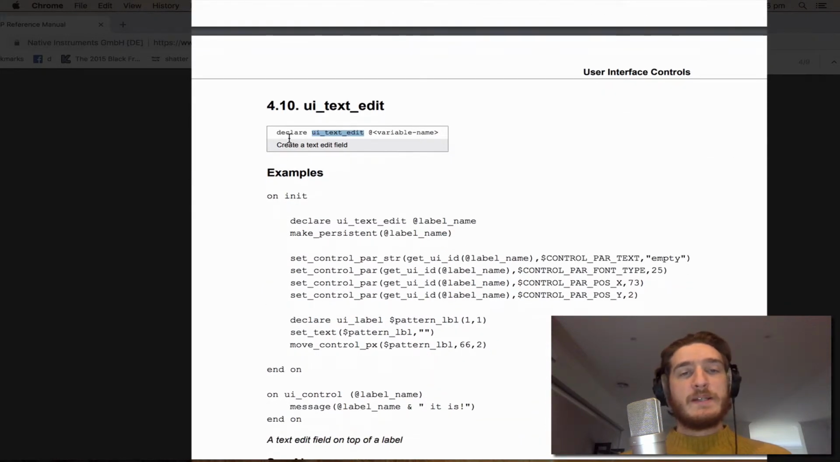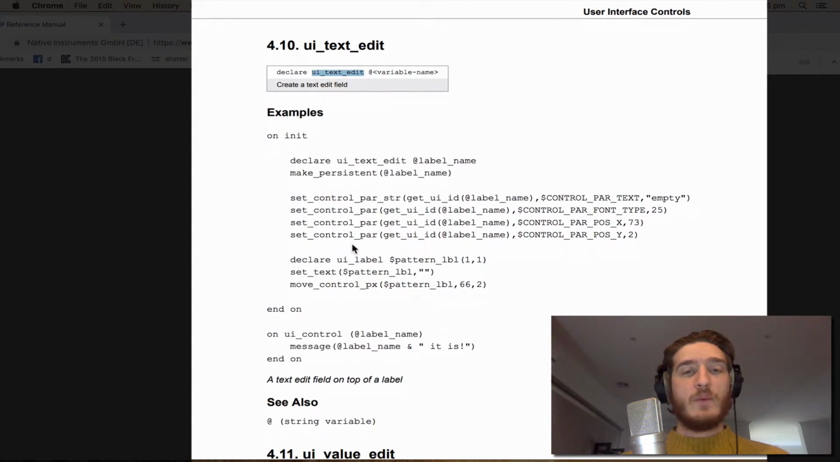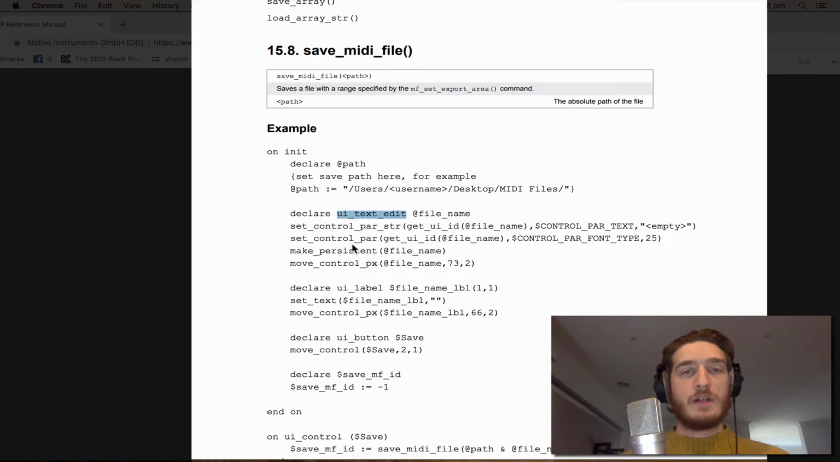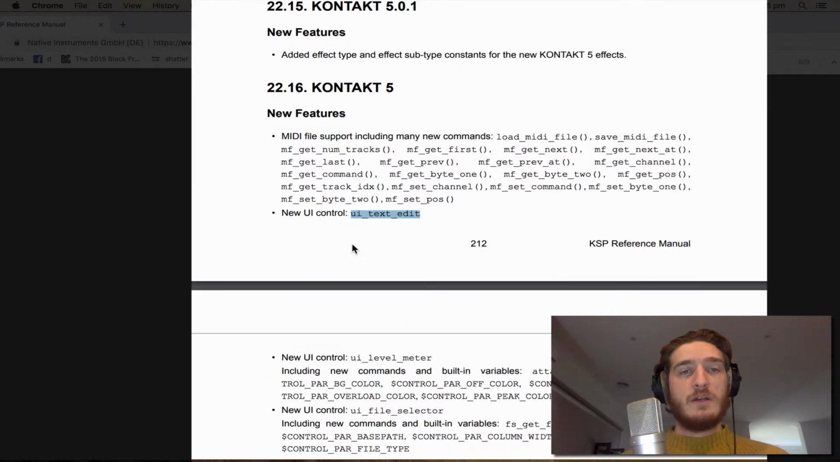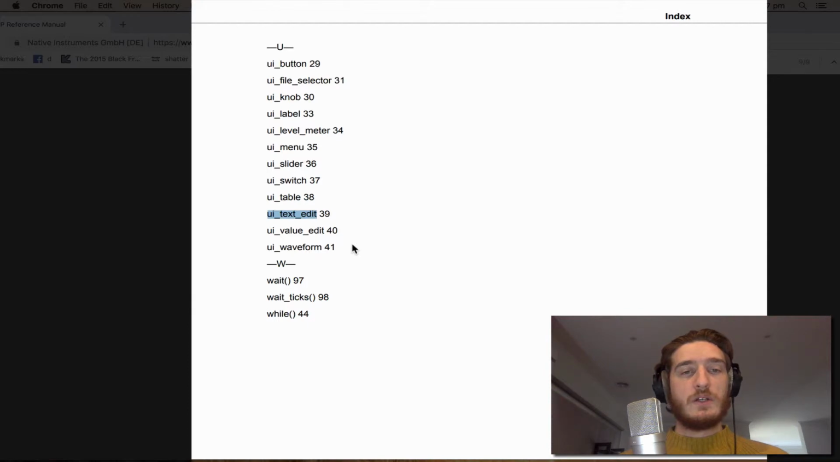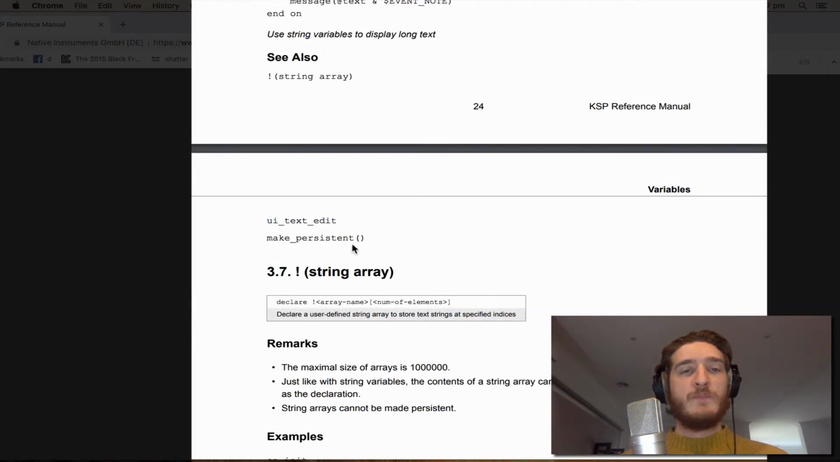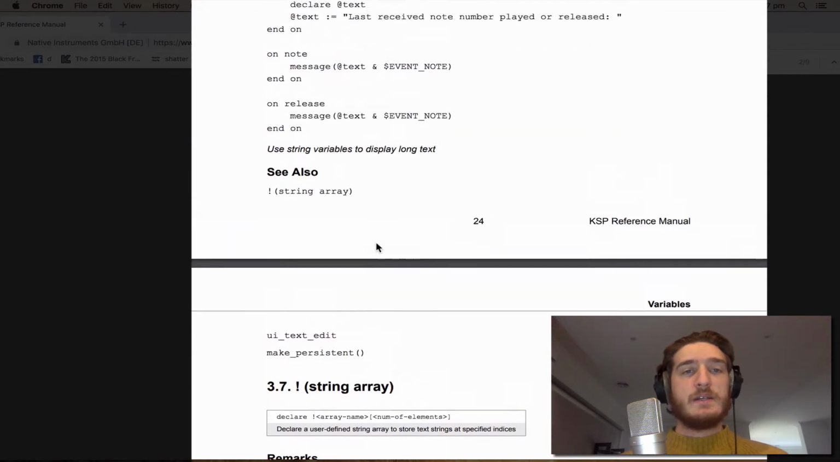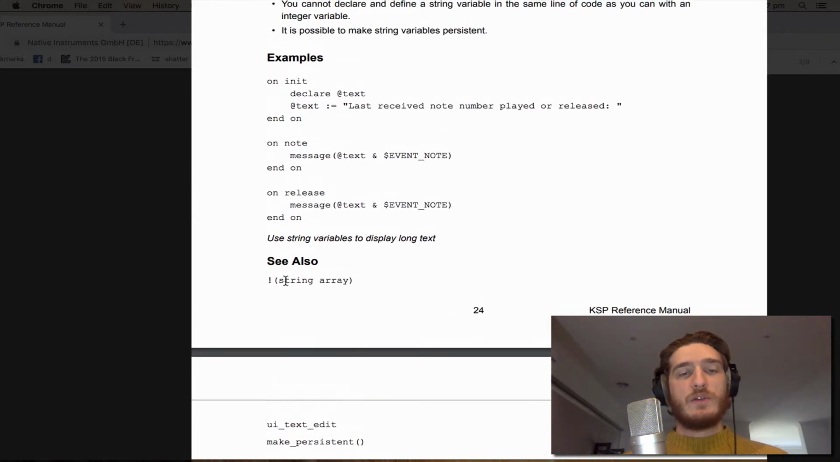But basically what we're doing here is creating a text edit field, where we can change the text. I don't think there's anything else we need to worry too much about there. It is a pretty new function. So that's all we've got. Okay. From there, we also have make persistent, and they're letting us know that we should look up string arrays,